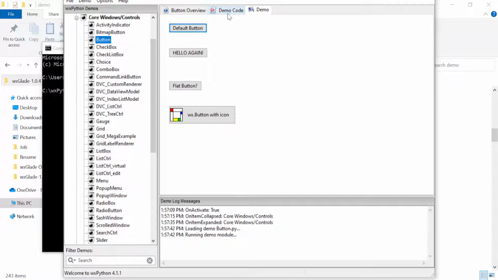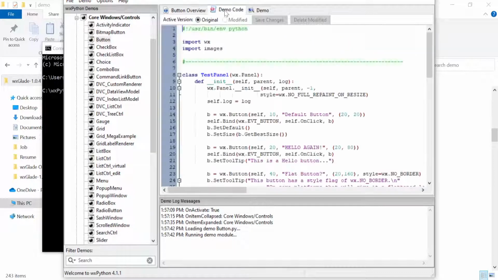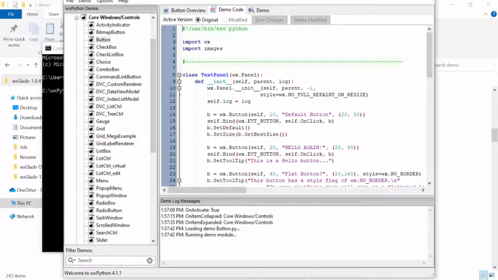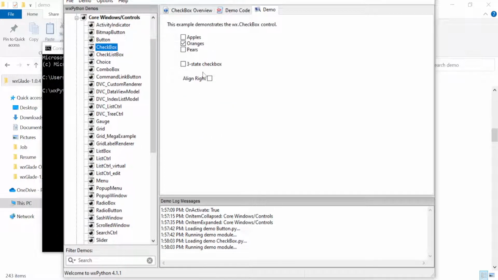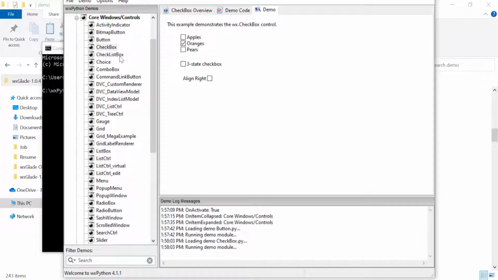It has an overview tab that shows what that does. It has a code tab where you can see how to write that, and it has a demo, so it shows how you can add different types of, for example, button there. If you want to see how you add, for example, the checkbox, there are the overview, demo, and code tabs, and you can go there and look at the different